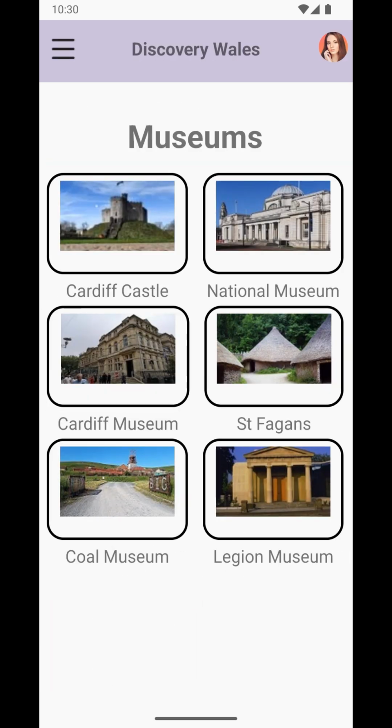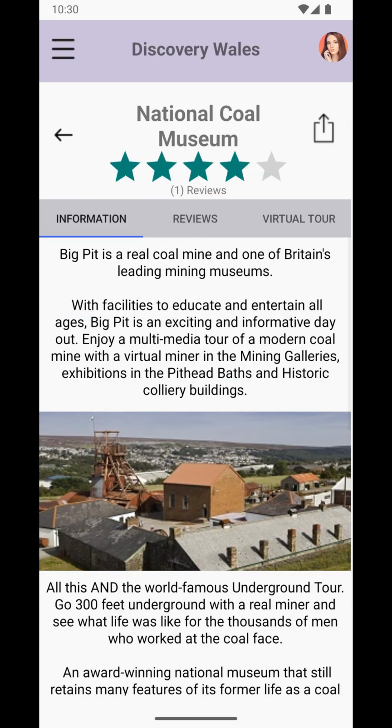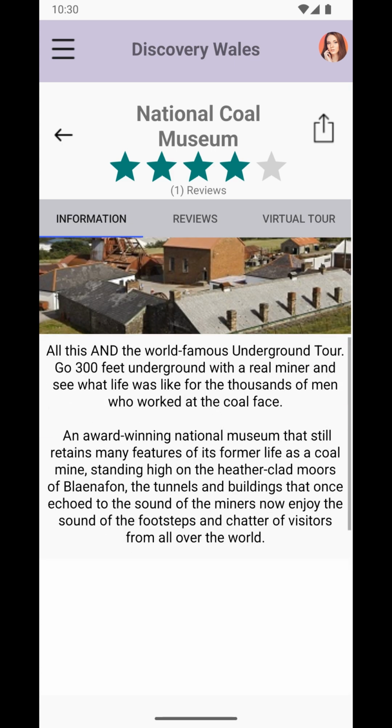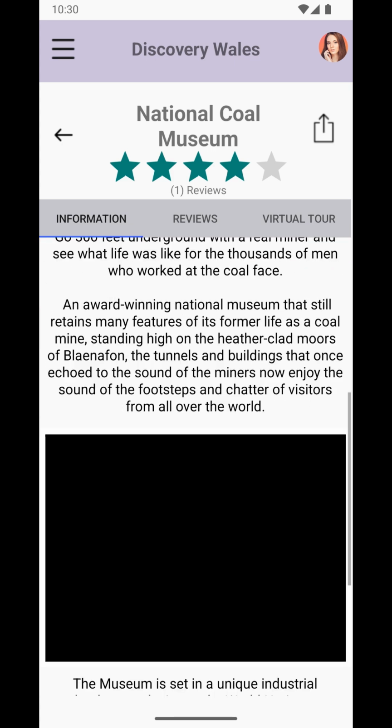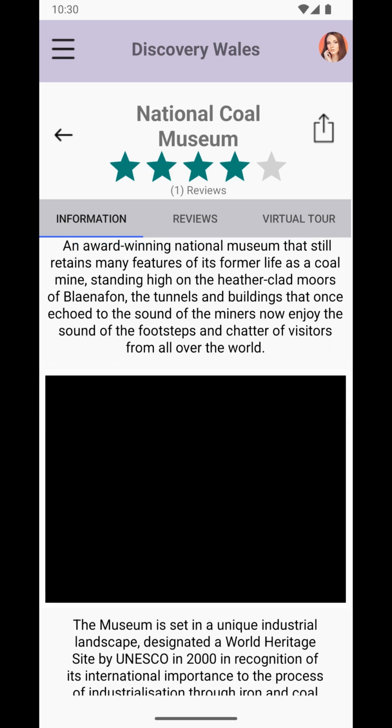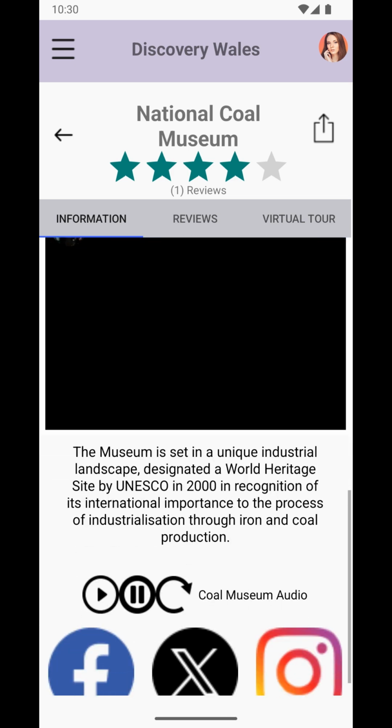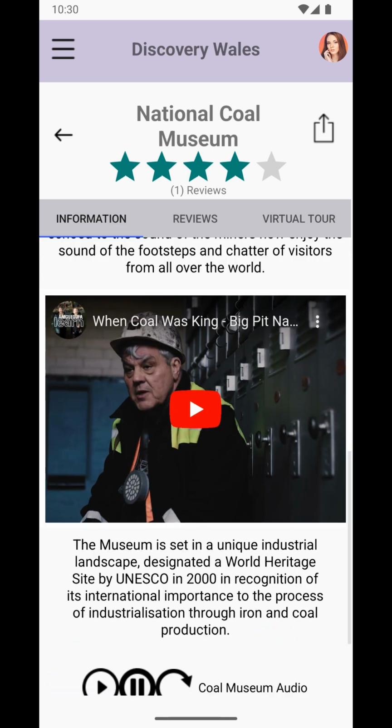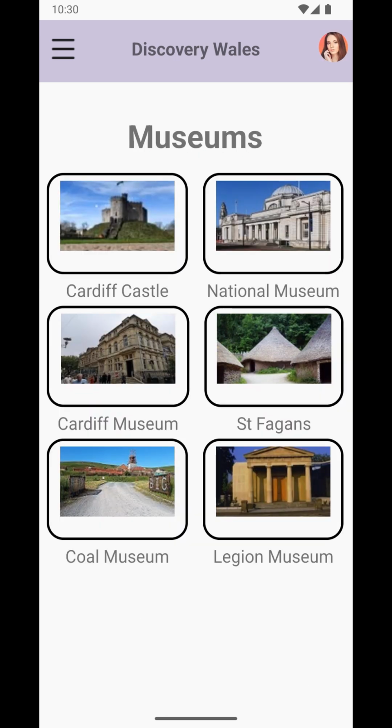That way I don't have to make a different activity for each of these pages manually every single time, because it's basically the same showcase of information every single time. So we can make it consistent by creating fragments, and that way we only use one piece of code for every single one of these quote-unquote activities. Well, they are activities, but this part here, the information part,